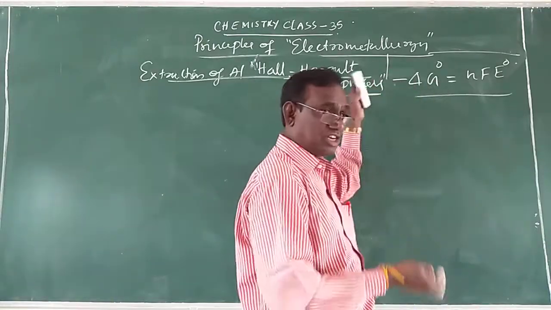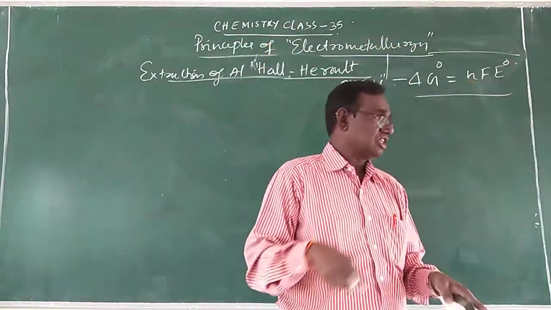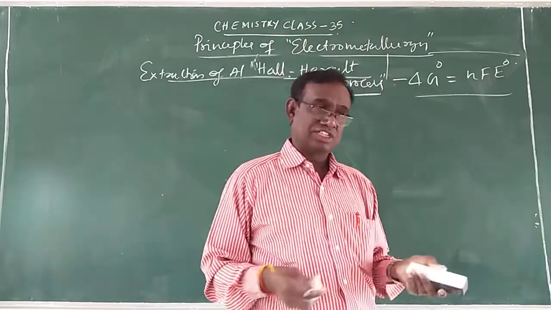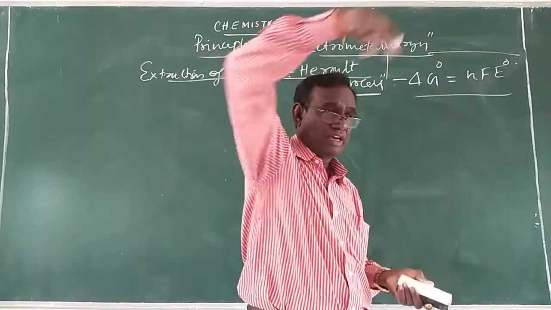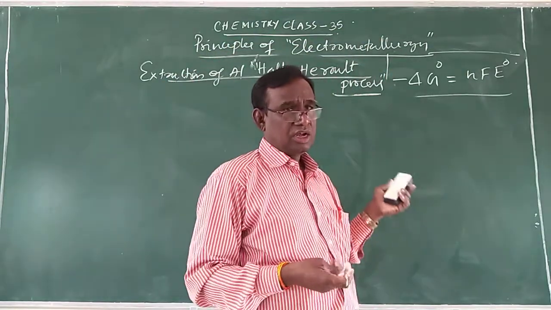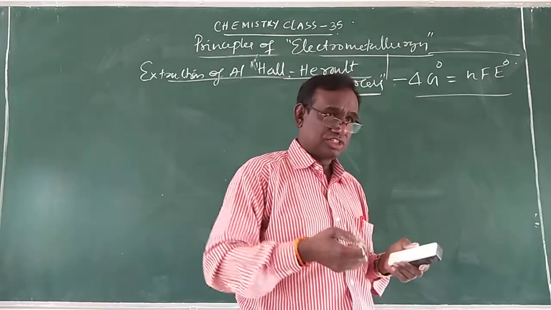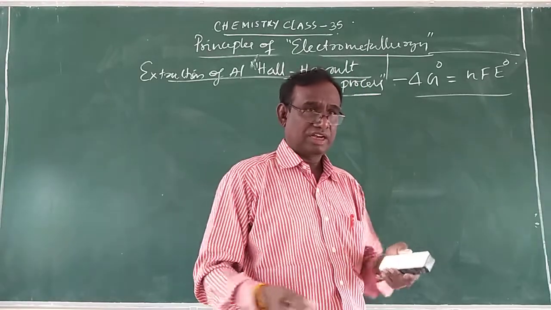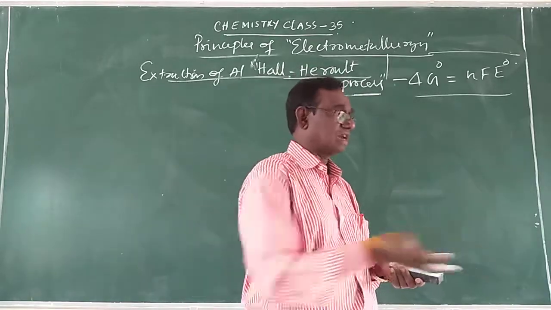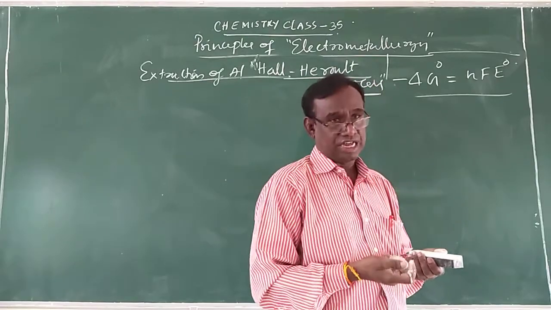And this mixture is taken in a tank. It is taken in a steel tank, lined inside with carbon lining, which acts as the cathode. A number of graphite anodes are dipped in the electrolyte, and on passing electric current, aluminium discharges at the cathode and collects at the bottom of the electrolytic cell, and oxygen gas is liberated at the anode.